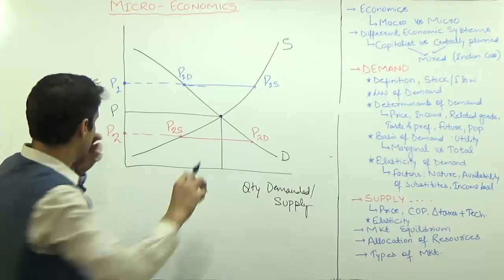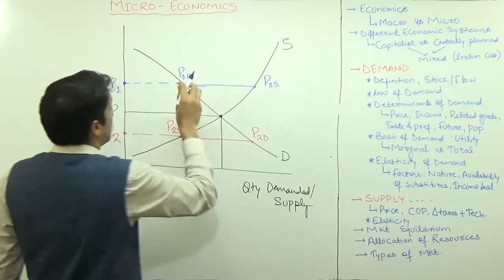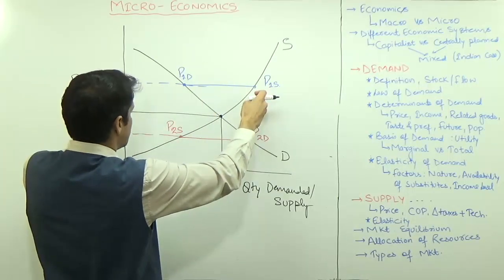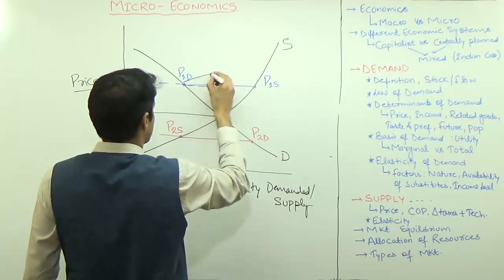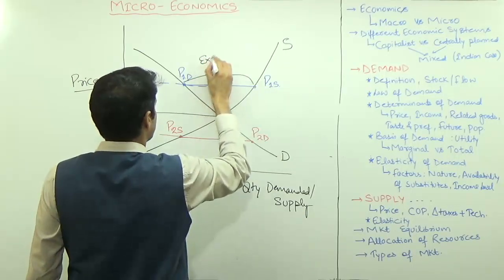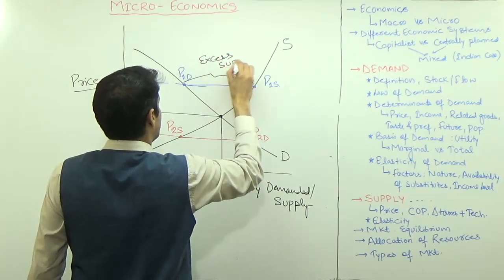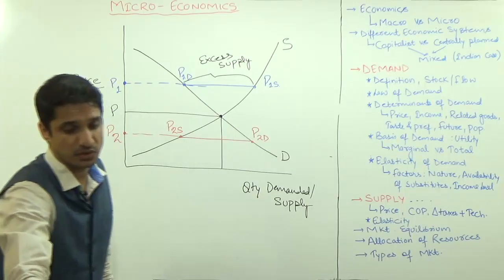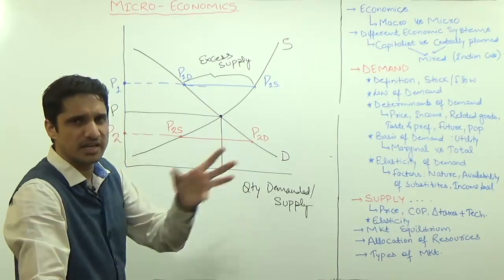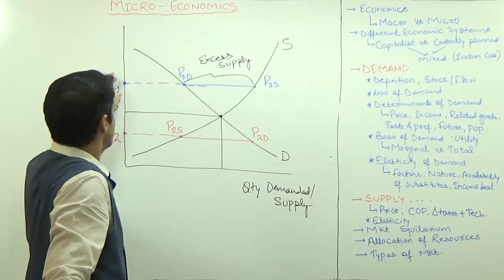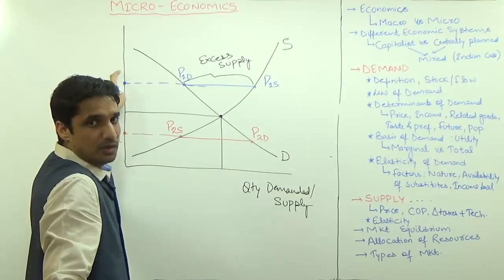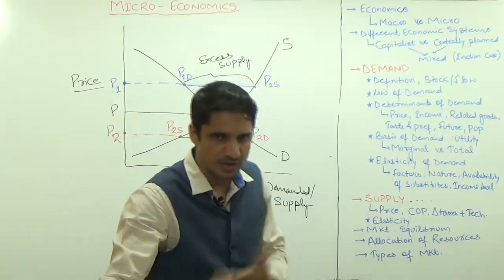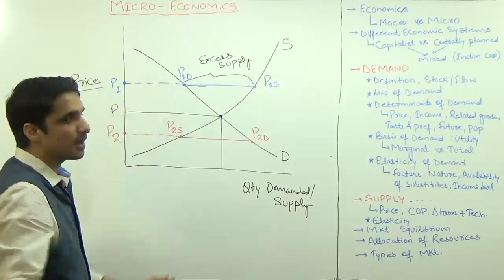So in that case, first take the example of P1. At P1, this is what the demand is and this is what the supply is. It means there is an excess of supply. This is the excess supply. Now if any firm is having excess supply, they have to sell this excess supply, so they have to give some options, this sale, that sale and all this. It means P1 is not good from the supplier's perspective because they have to get involved in sales, do advertisement and all this. So it's not a good situation for the supplier.